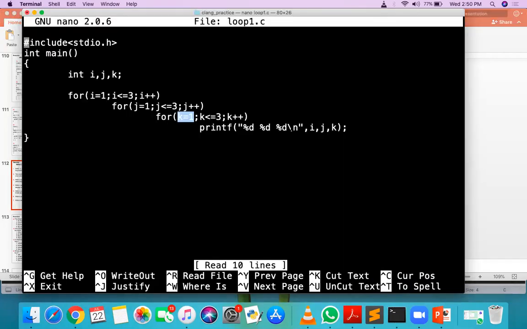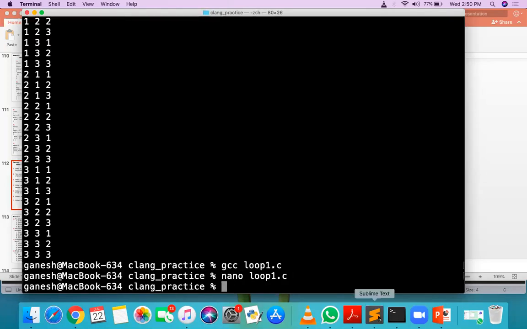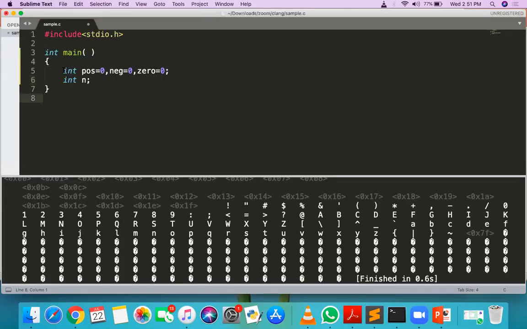So I'm trying this program in Sublime Text. Okay, so the very first one I told you, go for this one.